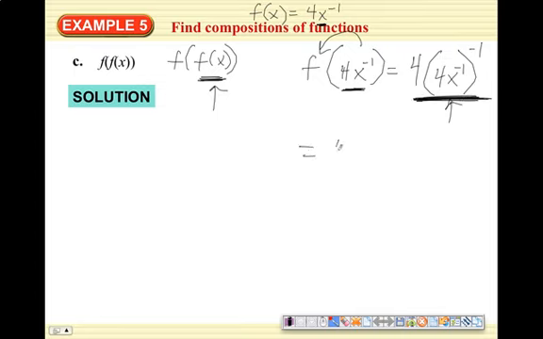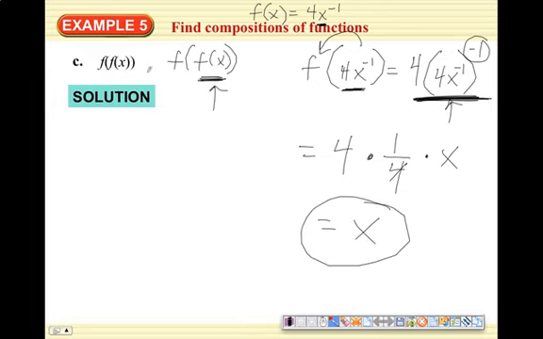So this equals 4 times, and you have to do the exponent first, this to the negative 1 power. So 4 to the negative 1, which is 1 over 4 to the positive 1. And then this to this is really just times x. So 4 times 1/4 cancels out, that's 1, that's x. There you go. You found f of f of x. Okay. Now,